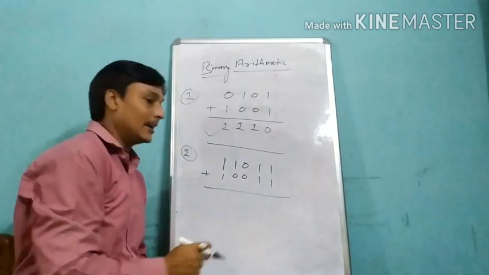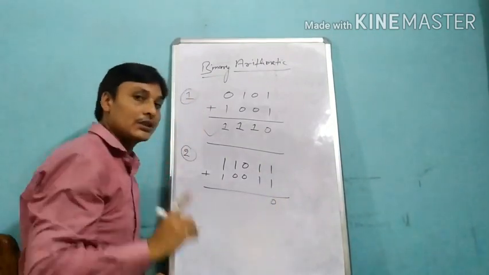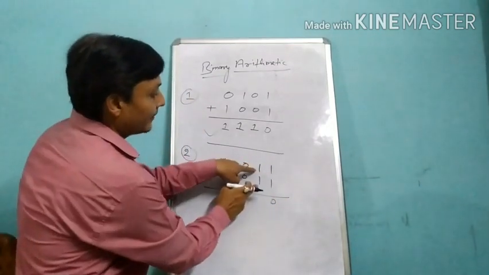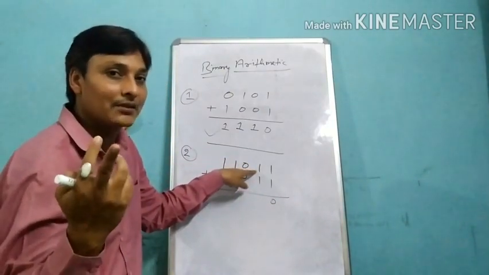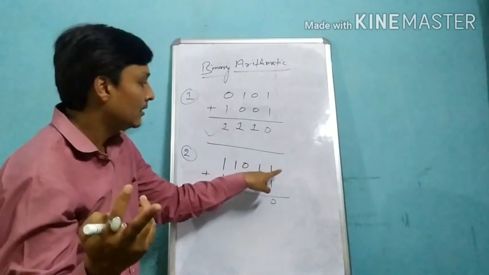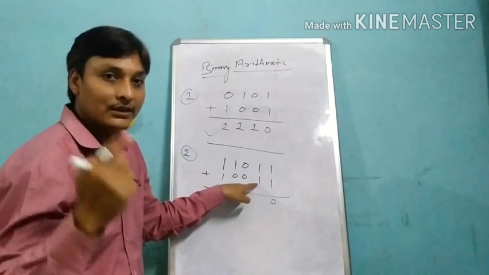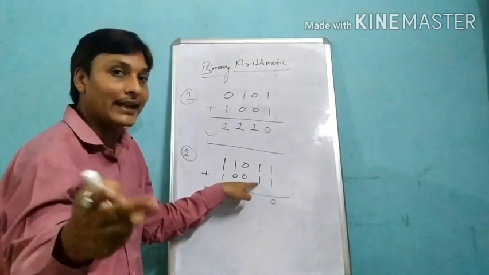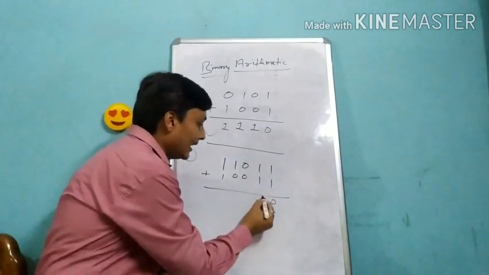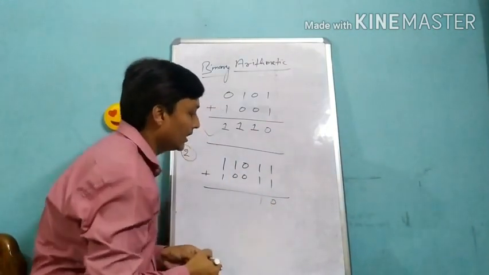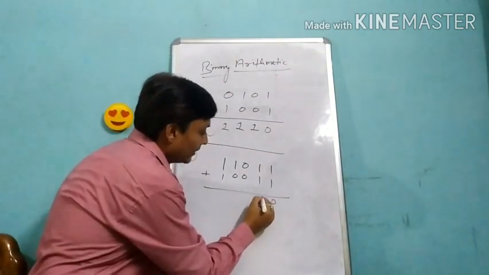So student, we have 1 plus 1. 1 plus 1 means 0 carry 1. So when the carry will transfer over here, we will get 3 times 1, because 1 carry will proceed and already we have 1, 1. So in the case of 3 times 1, what I had told you, it will come 1 carry 1. So we will mention over here 1 and next you will mention 1 carry 1.